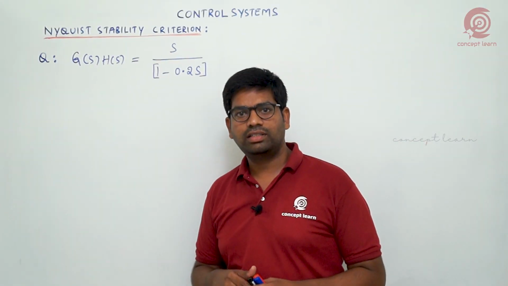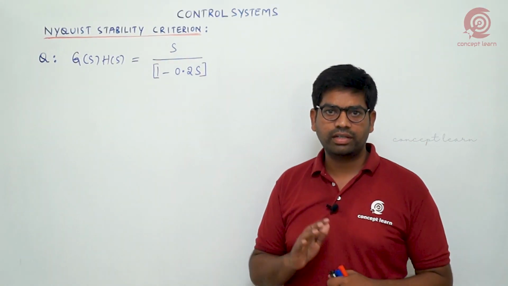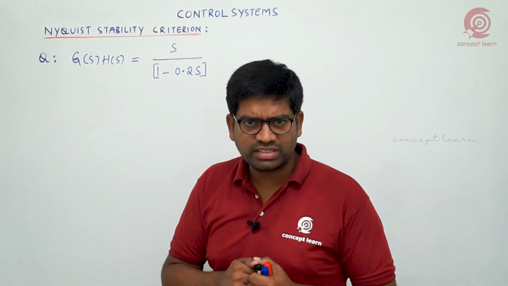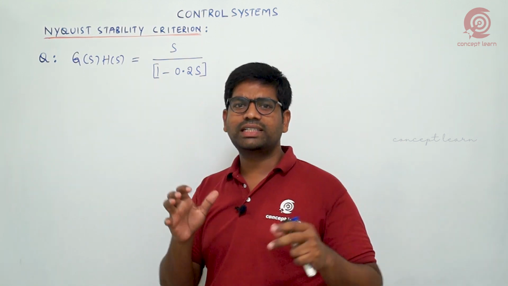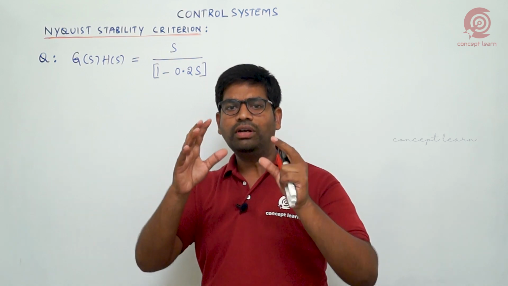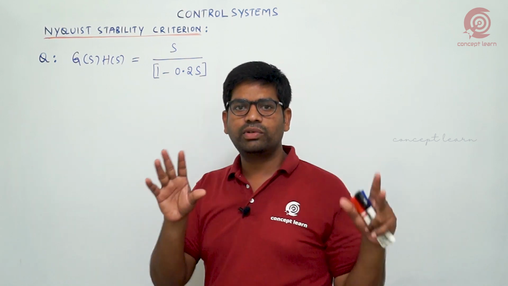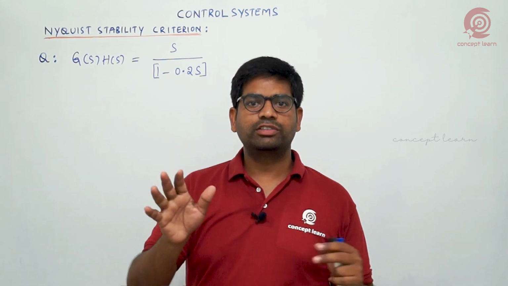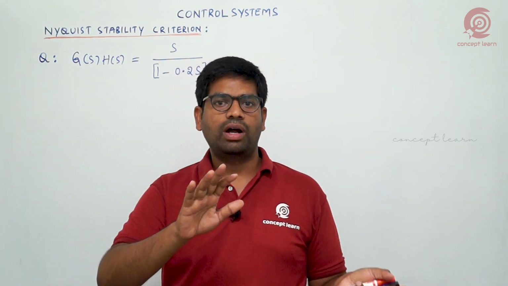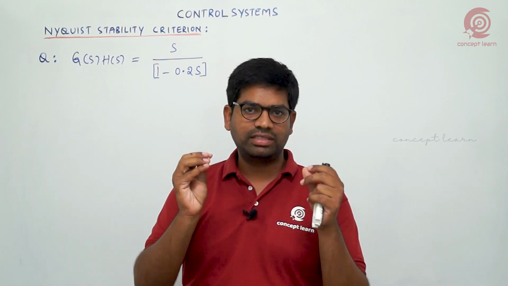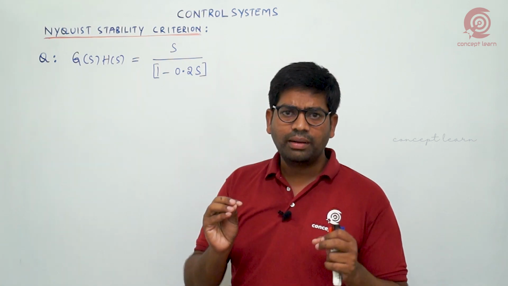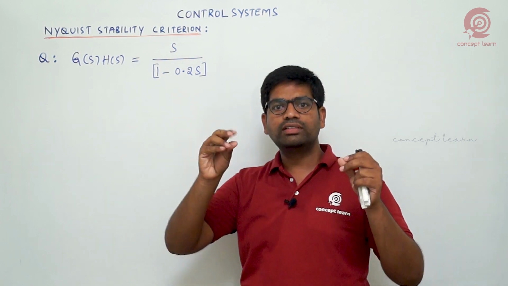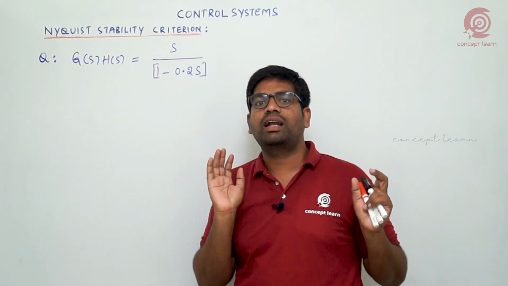Hello friends, here we'll see another model related to Nyquist stability criteria. But when we look into the previous examples, all the transfer functions we took were only in the standard mode. Standard mode means, like type 0 or type 2, order 4, kind of simple examples we considered. But this time when you observe this transfer function, it is non-standard type. It is not in standard mode.